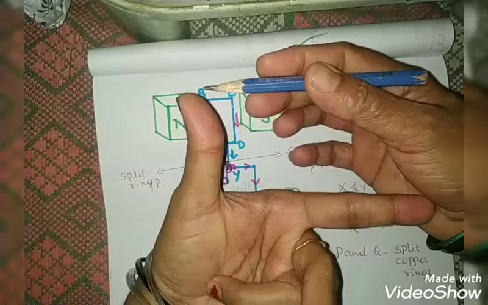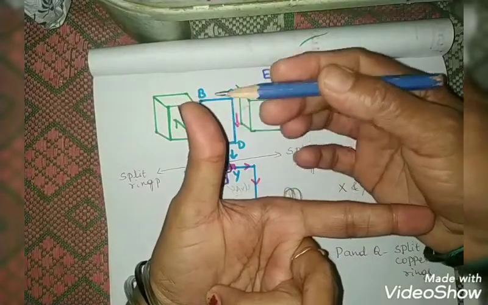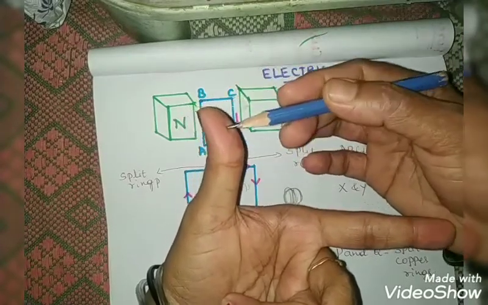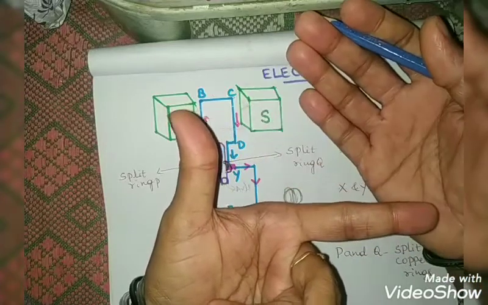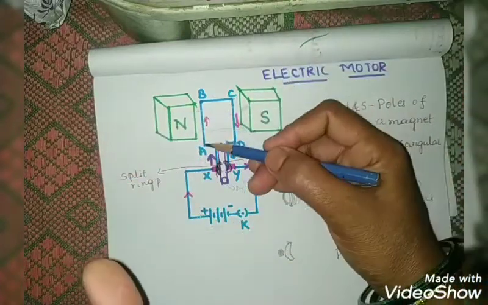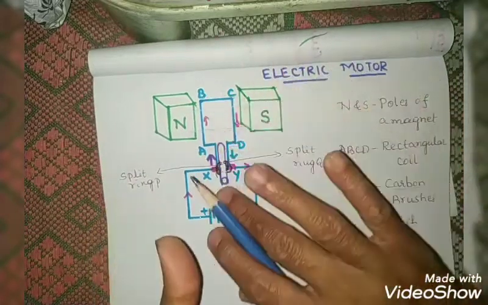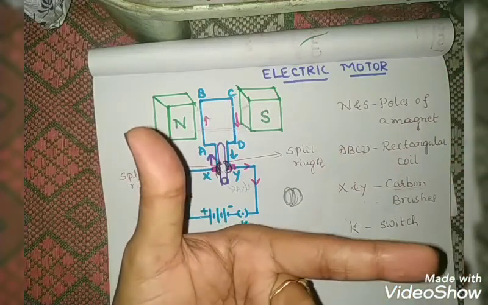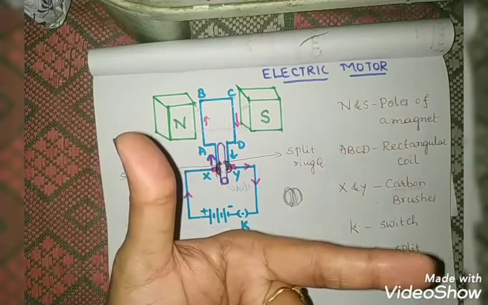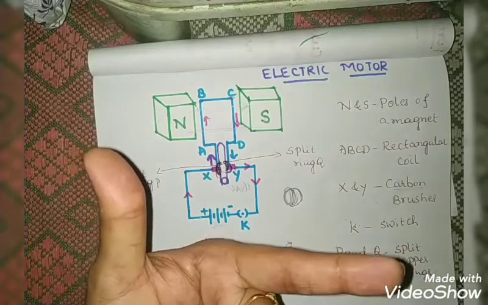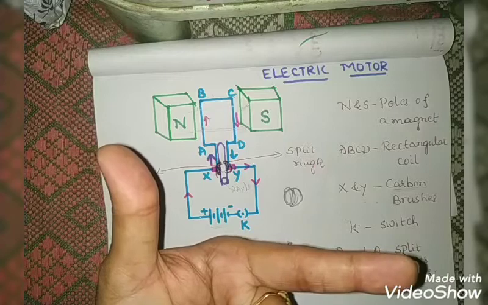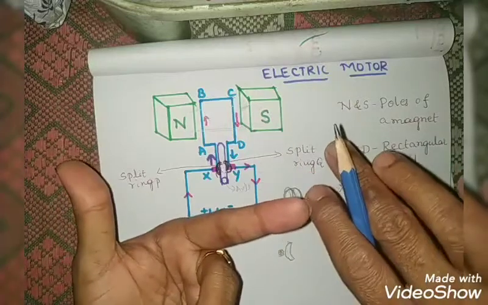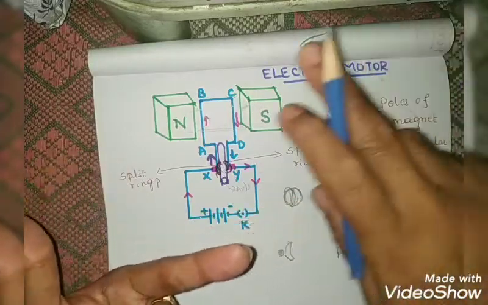What is the direction of the mechanical force then? Thumb indicates the direction of mechanical force. Indeed, you know that the thumb indicates the direction of the mechanical force. That is upward direction. So what happened now? AB is pushed downwards and CD is pushed upwards in the first half rotation. Thus the coil and the axle O, mounted free to move, turn about the axis and rotate anti-clockwise, children. AB downwards, CD upwards, so anti-clockwise direction.